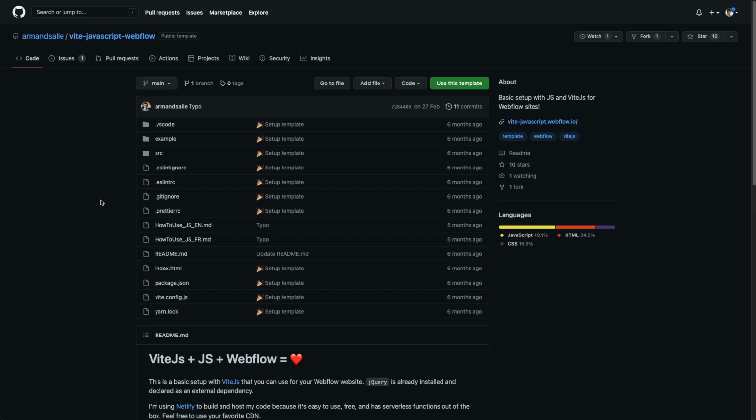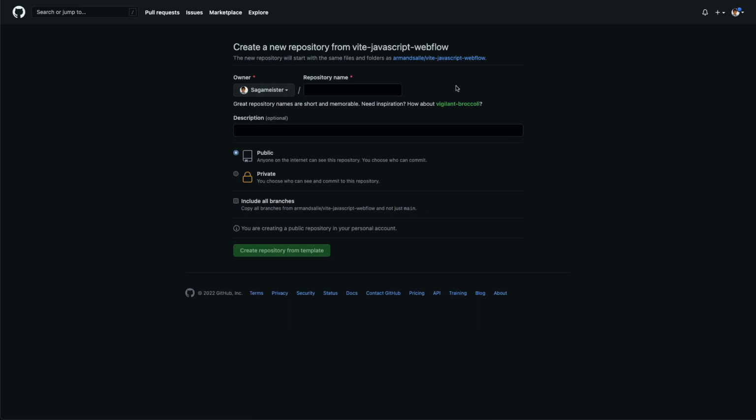we need to clone this repo so that we could download it to develop on our local machine. So you want to click on this use this template button. Oh, by the way, this link to this repo will be down in the description. So click on the use this template and create your, let's say, GSAP